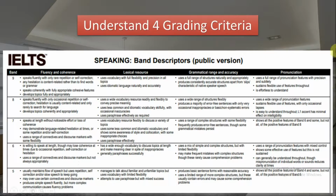First of all, you should understand that each and every IELTS speaking exam is graded based on these 4 grading criteria, which are fluency and coherence, lexical resource, grammatical range and accuracy, and pronunciation. Each contributes to 25% of your speaking band. So, if you perform well in all these grading criteria, then automatically your speaking band will improve. Okay? Now, I'll share with you all the excellent tips to improve in each grading criteria so that you get